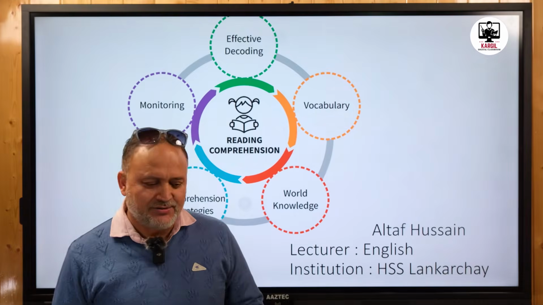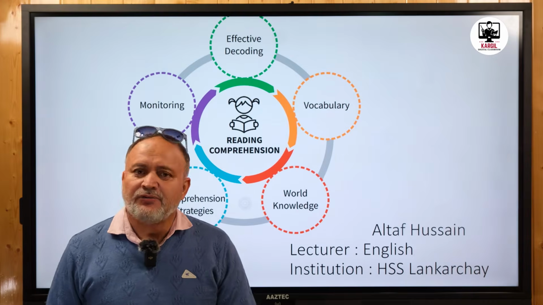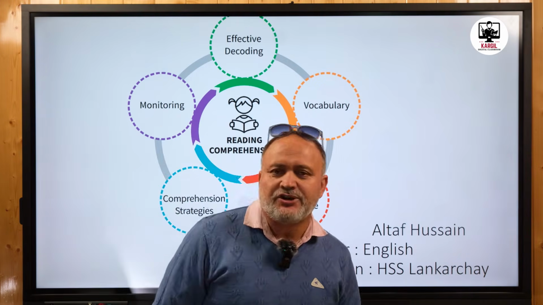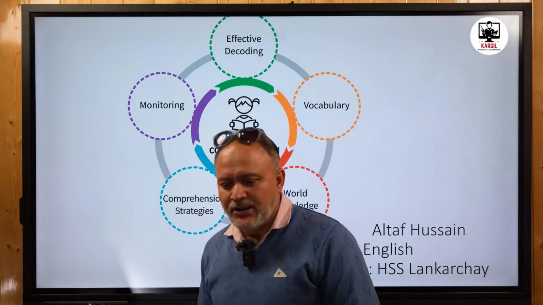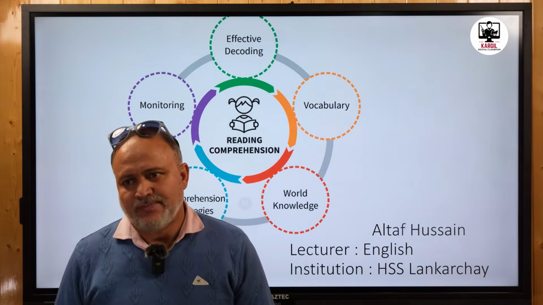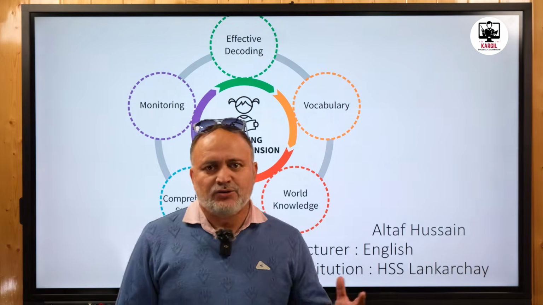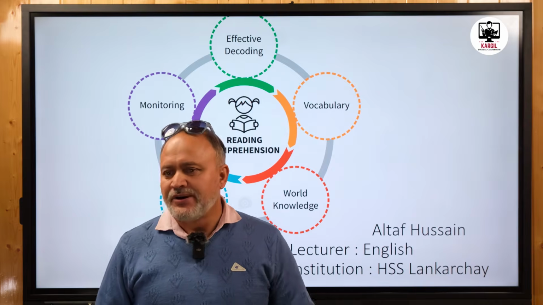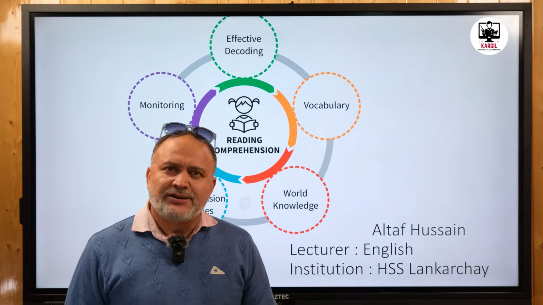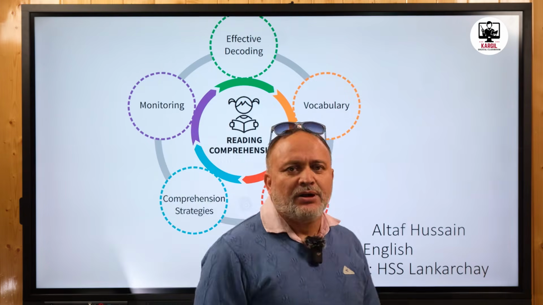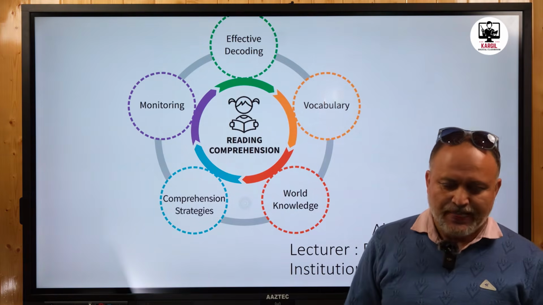One is that in your syllabus we have great weightage for reading comprehension. I think for class 10 you have 20 marks for this. In your paper you will see 2 passages on reading comprehension, 10 marks each. And in class 12 I think we have 2 passages, one comprising 12 marks and another 10 marks.